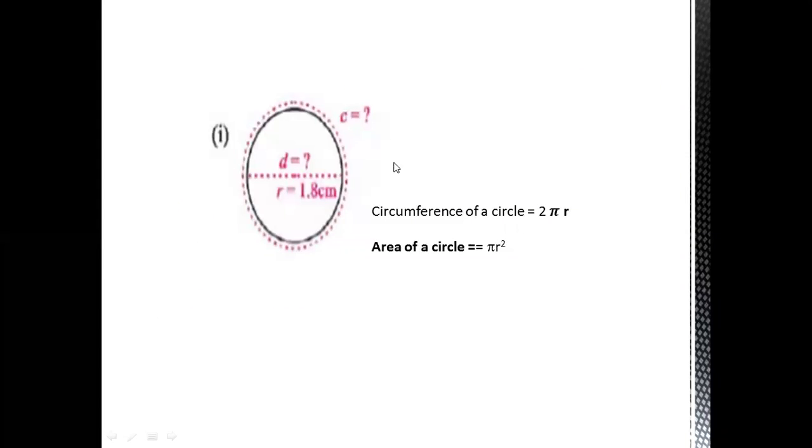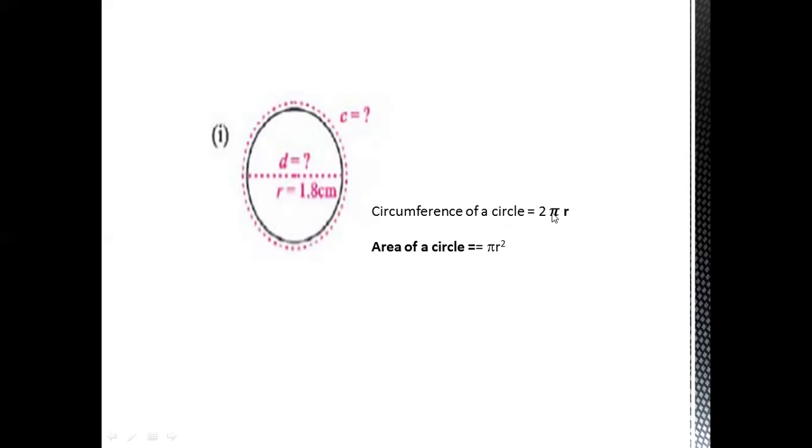Before going to start exercise, these two formulas you should memorize for exercise 12.1. The first formula is circumference of a circle. What is circumference? The boundary. The boundary of the circle is called circumference. For other shapes, just like a triangle, square, you know that boundary of a triangle or boundary of a square is perimeter of that shape. But here in form of a circle, so boundary of a circle is circumference of a circle, that is 2